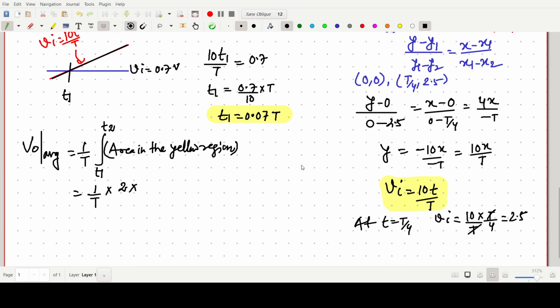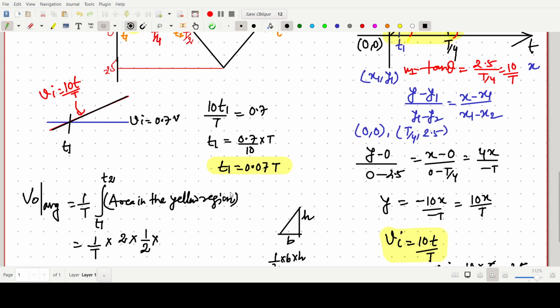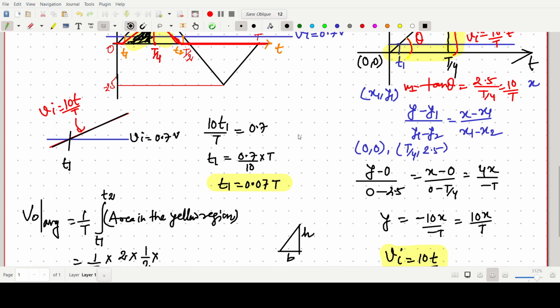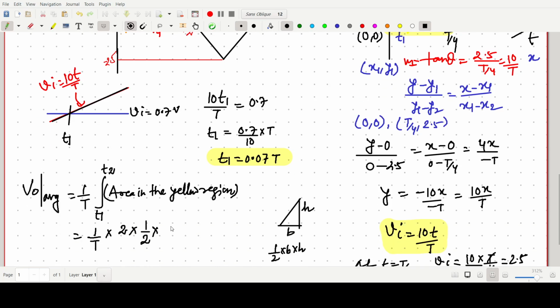Now this is some kind of right triangle. If there is a height and base, the area is half into b into h. So one can write simply 1 by 2 b h, where h is this height. So h is how much? This point is our 1.8 volt, so h is 1.8. Now b: this point is T by 4 and this point is T1, so b will be T by 4